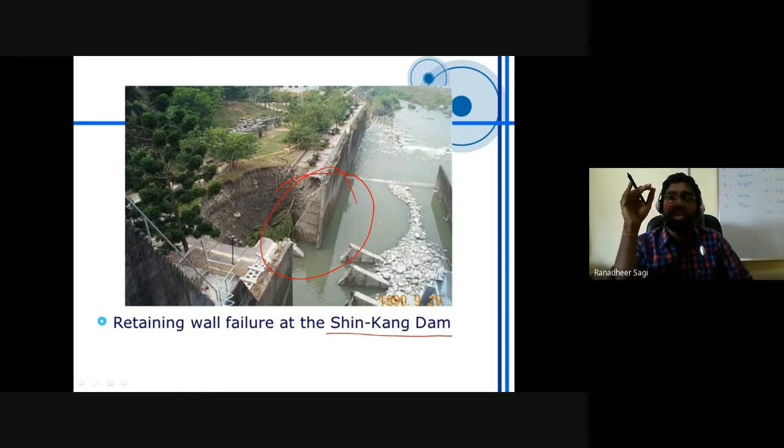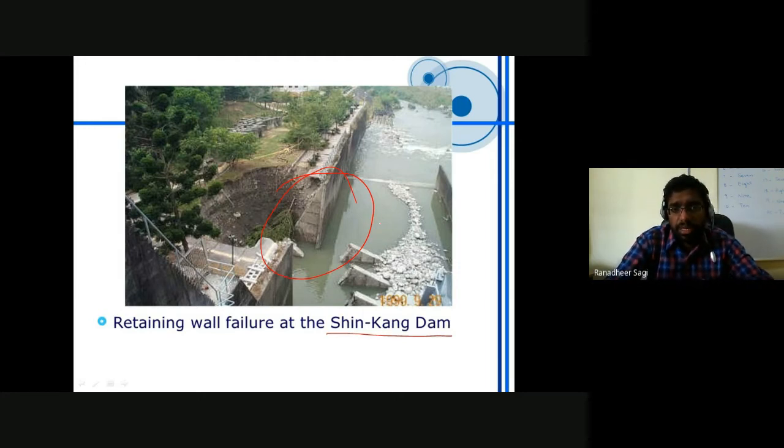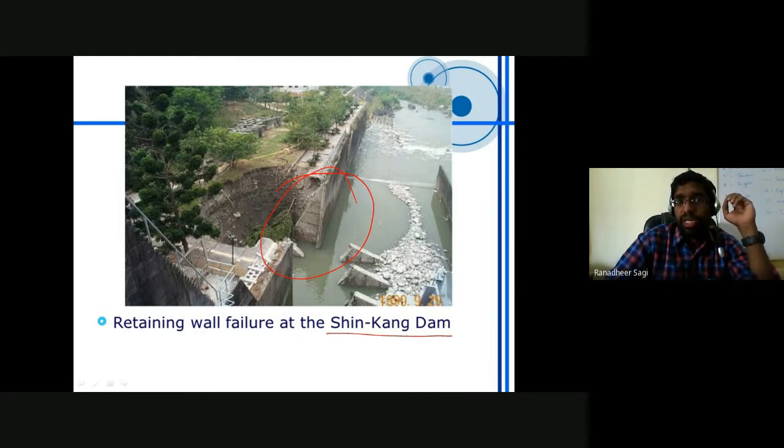So we have to ensure that your retaining structure is going to be safe in consideration of all the failure criteria. It can be in terms of sliding, it can be in terms of rotation, it can be in terms of your bearing capacity criterion. Okay, so whatever the criterion that you adopt, in all those aspects, the retaining wall which you are trying to design has to be safe. Here we are not going into the details of designing a retaining structure, but we are just trying to have an idea that all these forces would certainly play a major role in the design aspect of your